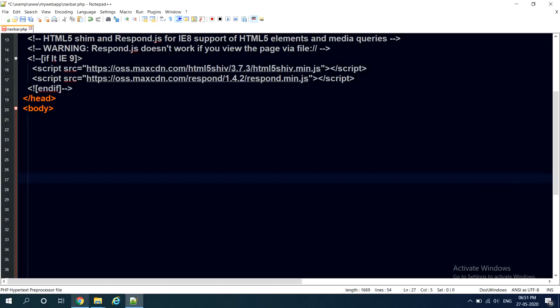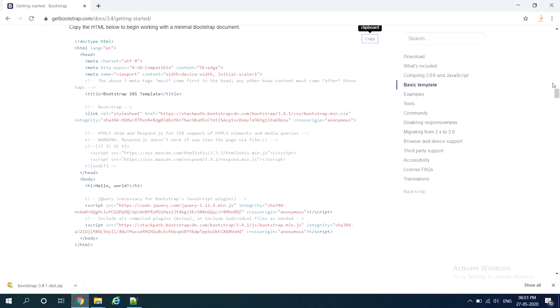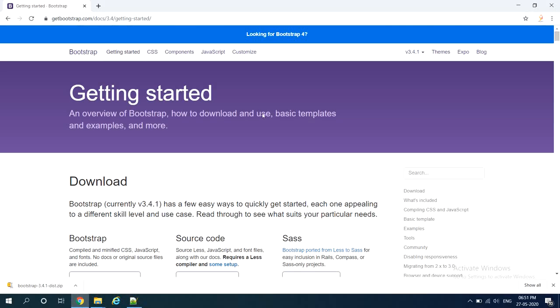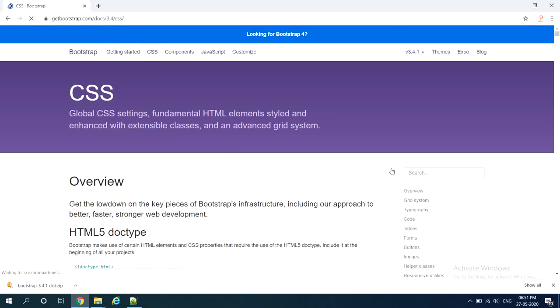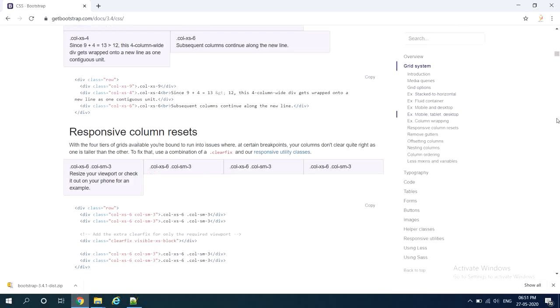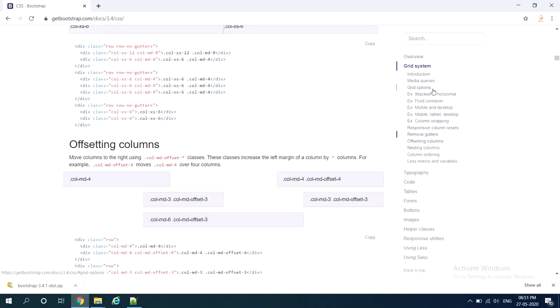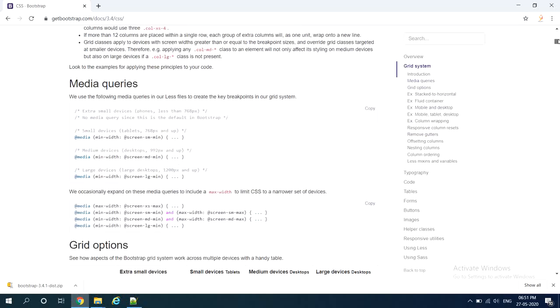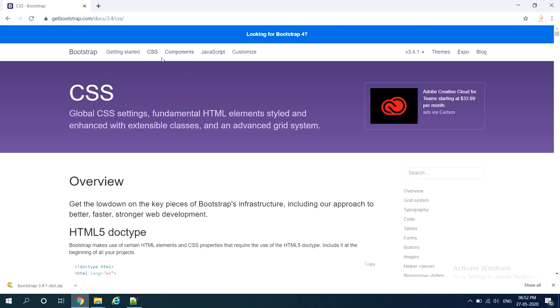For that purpose, I will go to Bootstrap again. Here I will select CSS. Yeah, on the right side, you should be able to see navbar. Okay, I must have selected a wrong option. Let us select Components.